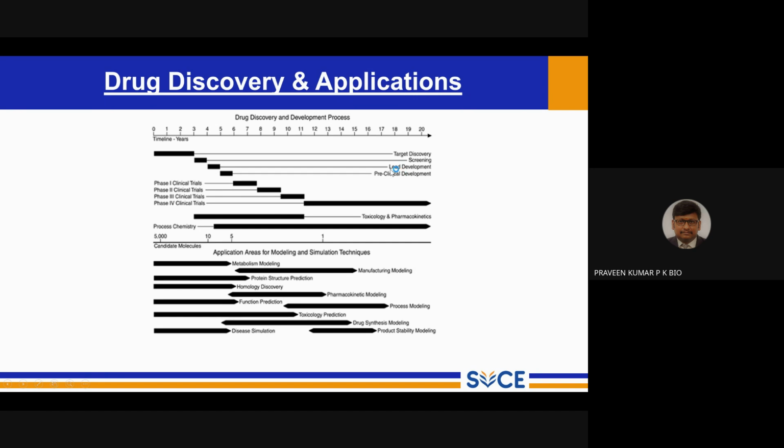Whatever lead you identified, you go for development in the lab, you try to generate it. If it is a synthetic molecule, do the synthesis and develop the molecule. According to this, they are saying the computational process takes 4 years, but